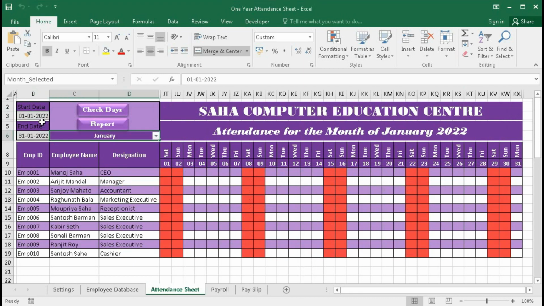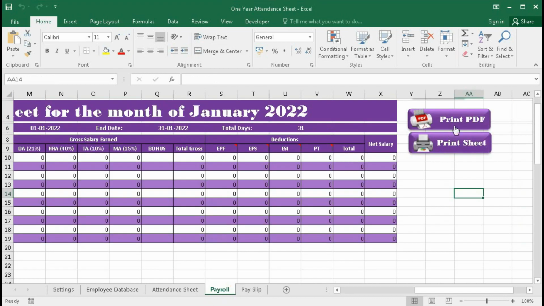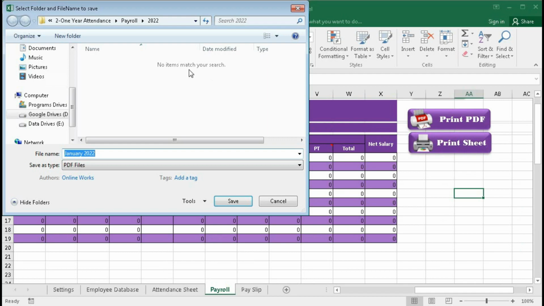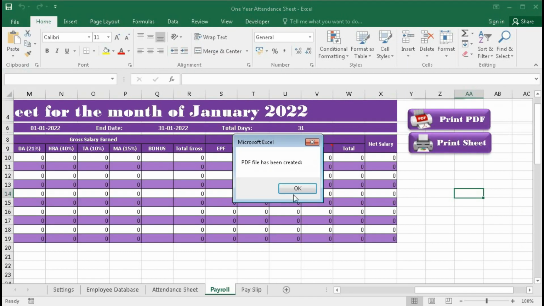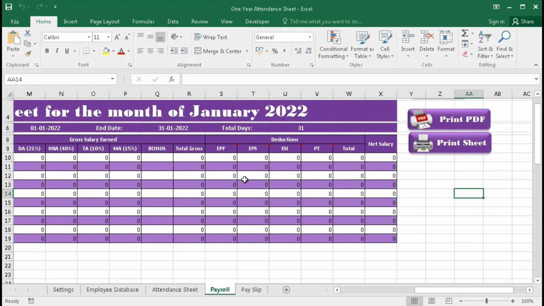You can see the year is 22, and if you go to the payroll sheet and Print PDF, you can see the year automatically created, January 2022. Now save. In this way, this payroll sheet is saved as PDF.